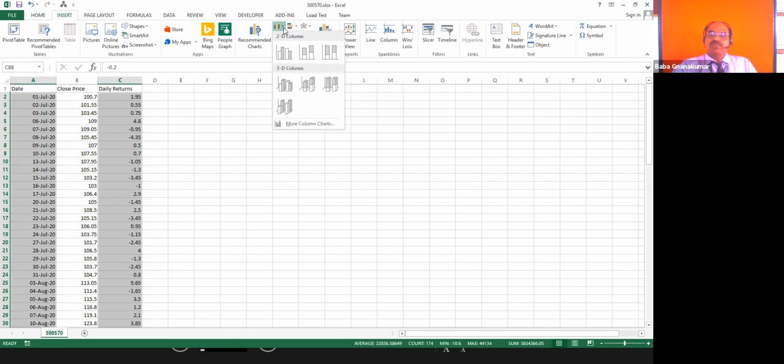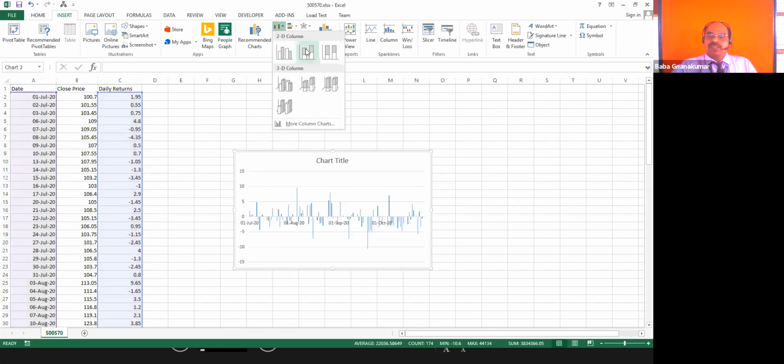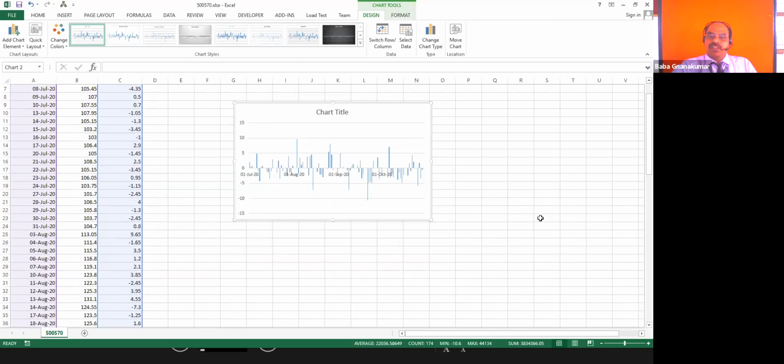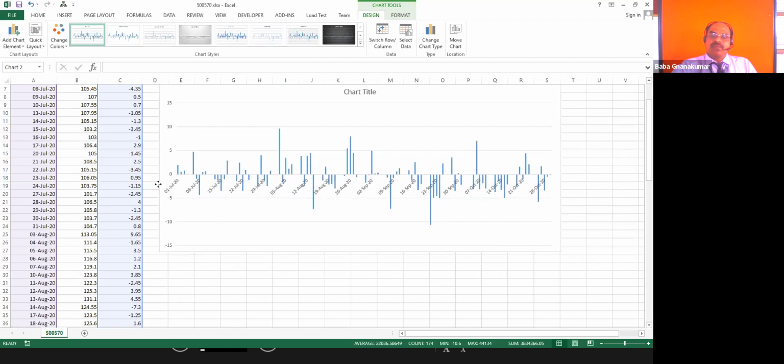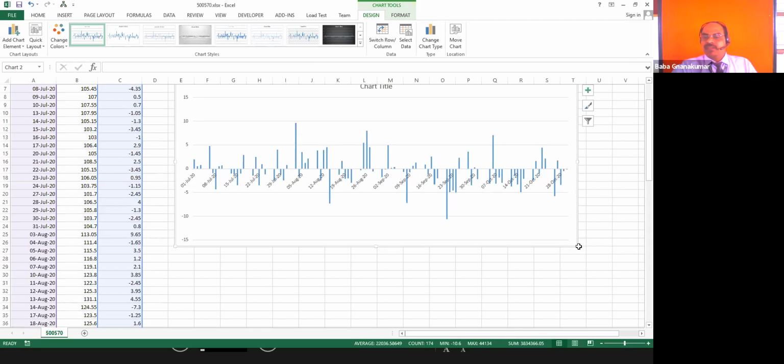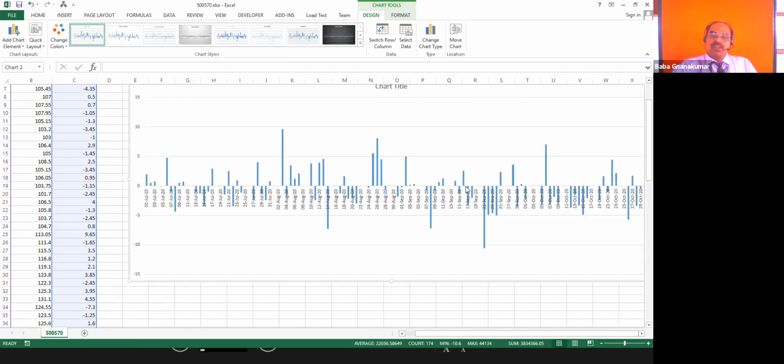Better the stacked column; usually we will do like that. Okay. I prepare the stacked chart. I will expand that one. Yes. Are you able to see the chart now?